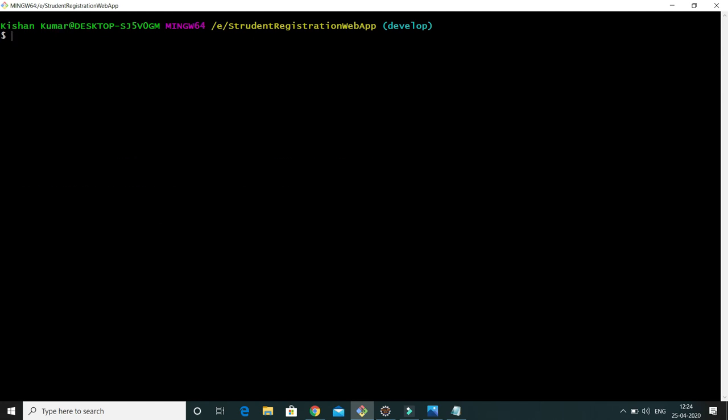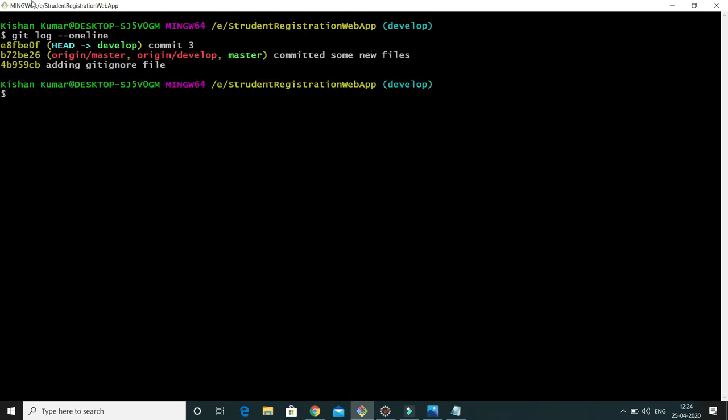Now I want to delete all files from my local repository, staging area, as well as from the working tree. Then we have git reset --hard. Before that I would say git log --oneline. Here you can see the latest commit. Head is pointing to the latest commit.